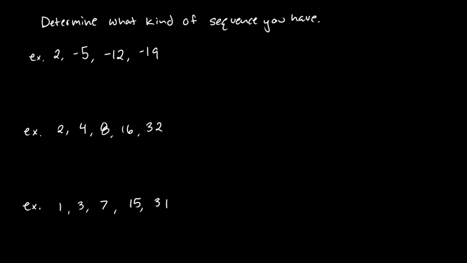Another big idea is determining what kind of sequence you have. So, is it arithmetic, is it geometric, or is it none of the above? So you are trying to determine whether you have a common difference or a common ratio. Are you adding and subtracting, or are you multiplying and dividing, or none? There's no consistency. So here,